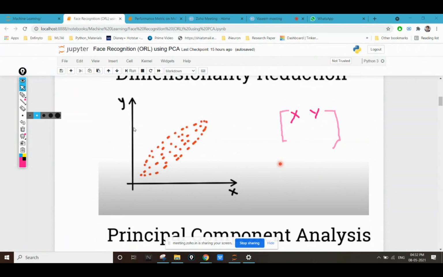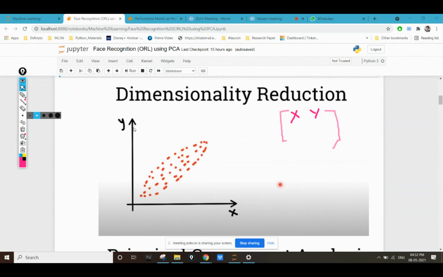So in this case, if I ask you which dimension should I remove, or what should I do to reduce the dimension of my model, so that I can change this 2D model to a 1D model?